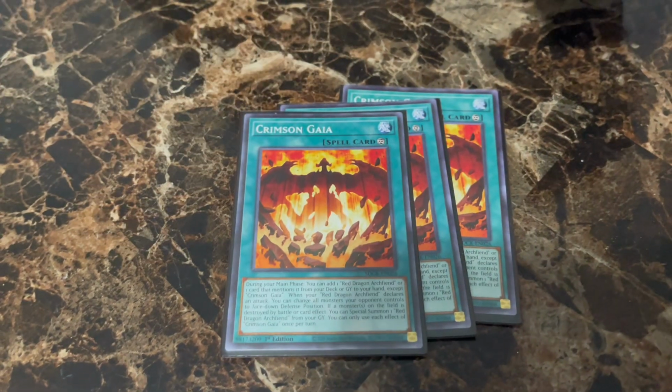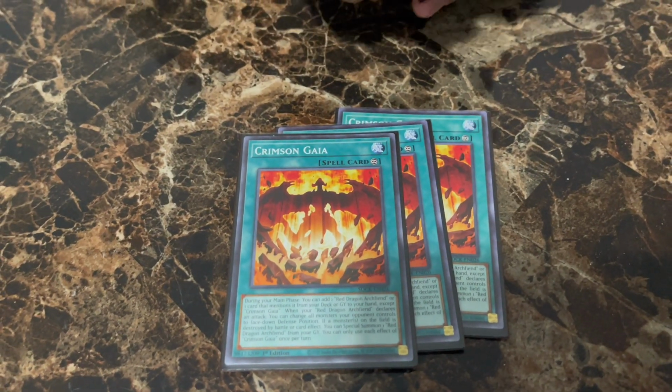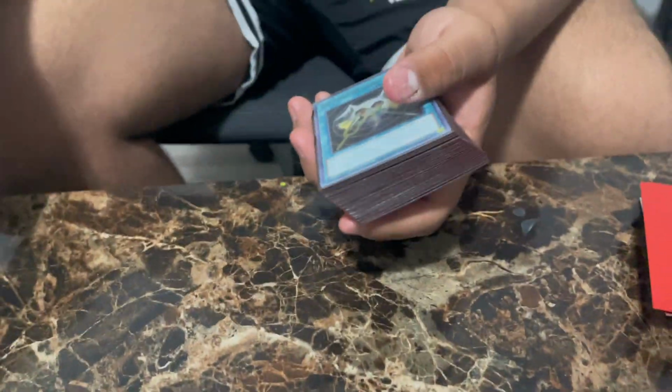2 copies of Crimson Gaia. This is your combo starter. It recovers from graveyard as well. So if your opponent trolls and you activate that, like happened to me. "I'm sorry, Judge, you can't do that." It recovers from graveyard. Don't ever talk to me like if you know my cards. And also I got the first match by Judge because he was just being an